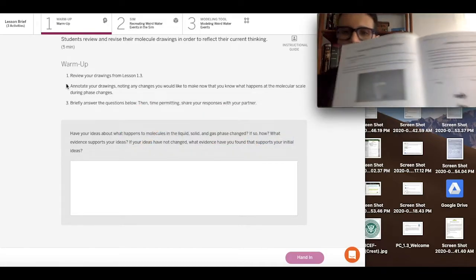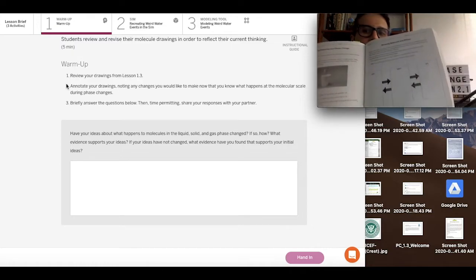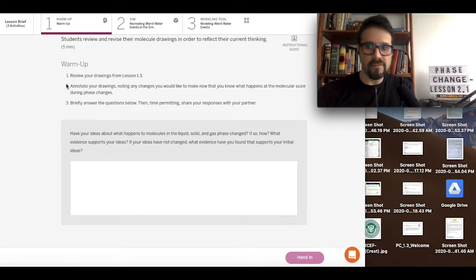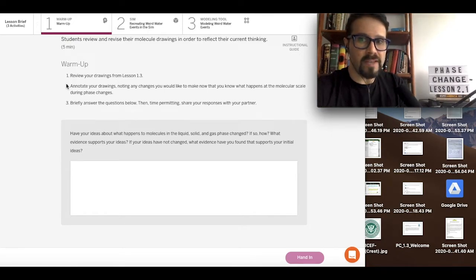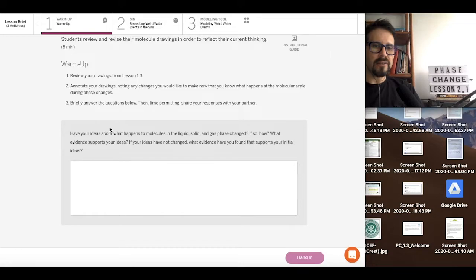and right there, modeling molecules and phases. So this is my teacher copy, so I don't have a drawing. If you have your workbook, you might have made a drawing on page 13, way back in lesson 1.3, and you want to see how your ideas have changed about what happens to molecules in the liquid, solid, and gas phases. That drawing was of the molecular scale. So take this moment, fill in your answer, make sure to hand it in,